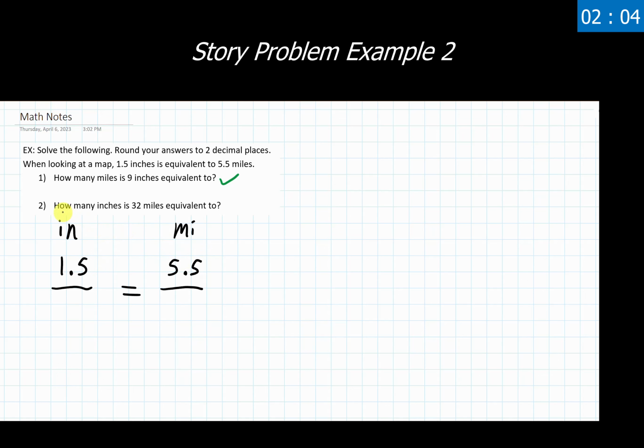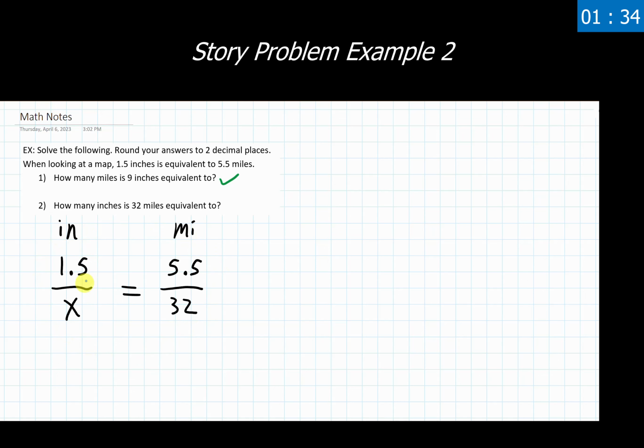Now for our particular problem, we're asked how many inches is 32 miles equivalent to. So in this case, I don't know inches, so that's going to need to go down below here. I'm going to use x to represent inches because I don't want to use i. That's an imaginary number, and things get weird if we bring imaginary numbers into things. I've also been told I have 32 miles for this one, so I'm going to put the inches over here, the miles over here, and now I have my setup.